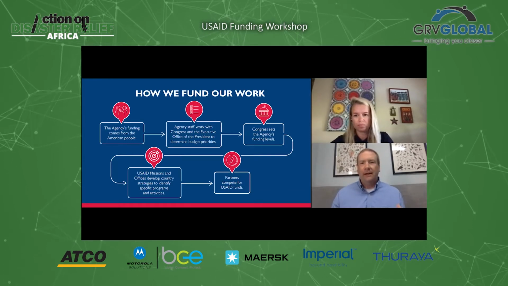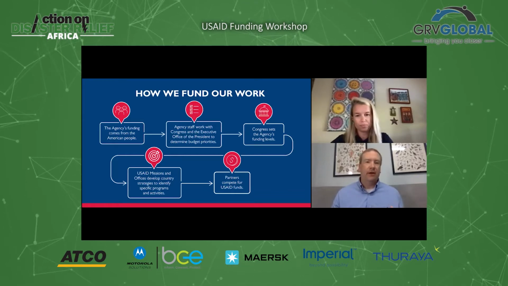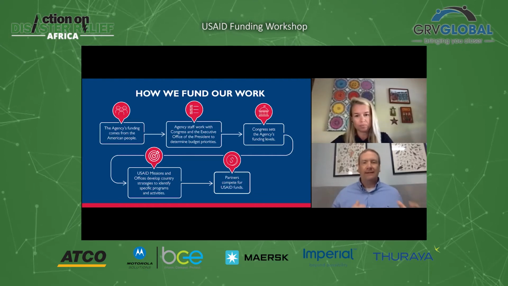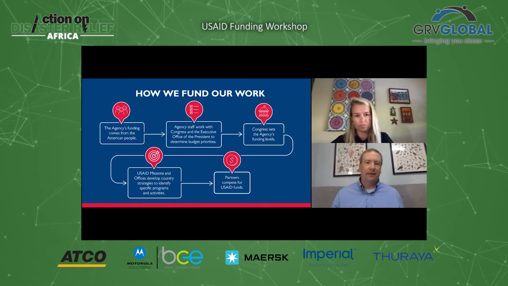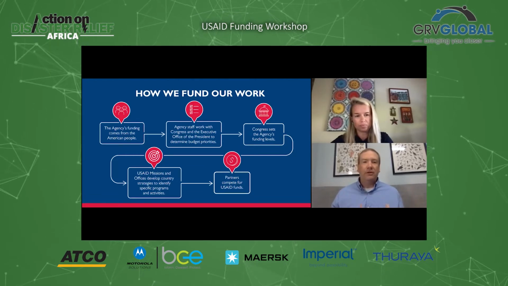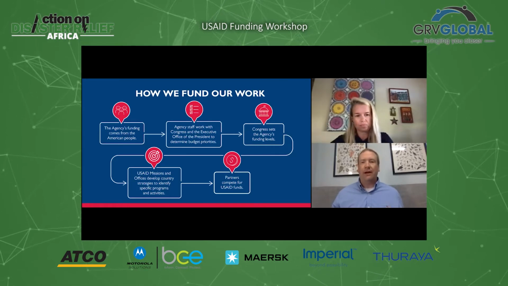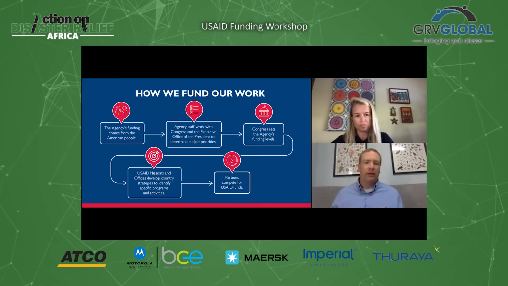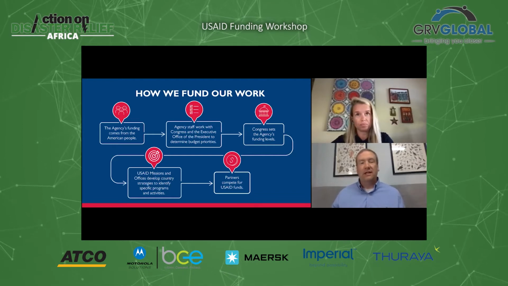But importantly, USAID's budget is set by our Congress, as well as our executive office or our president. And so our budget priorities, how our funding is organized and outlined, is set each year by our political leaders within the United States. Our funding levels are then set by Congress, and then we use our country development cooperation strategies, or CDCSs, as Rachel highlighted, which outline our priorities for how we're going to fund specific programs or activities, what work we're going to undertake and what we're going to do. And then out of that, organizations compete for USAID funding.